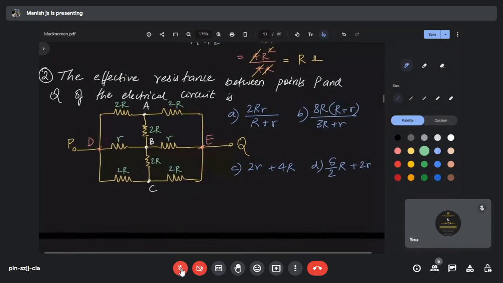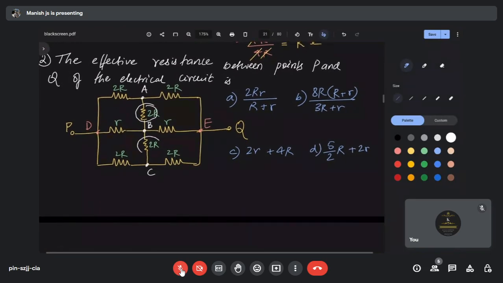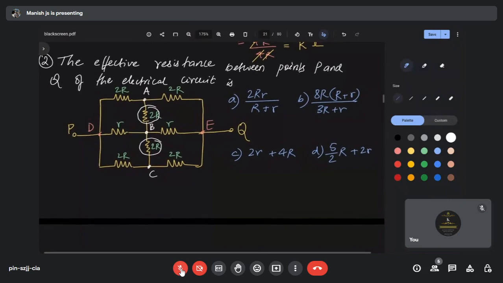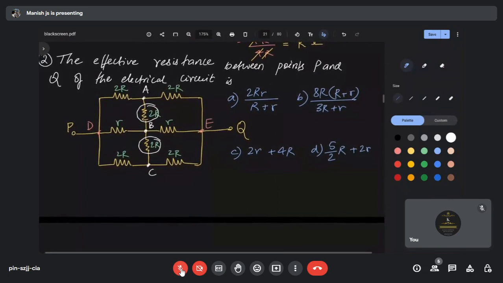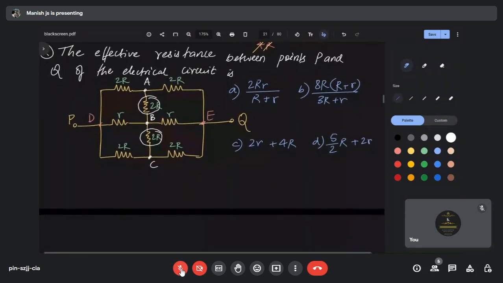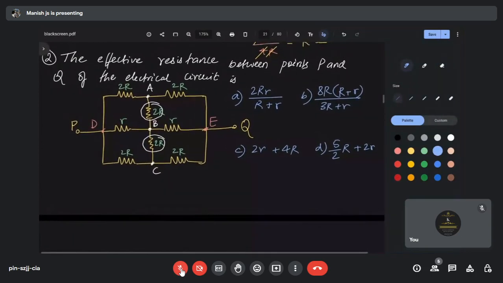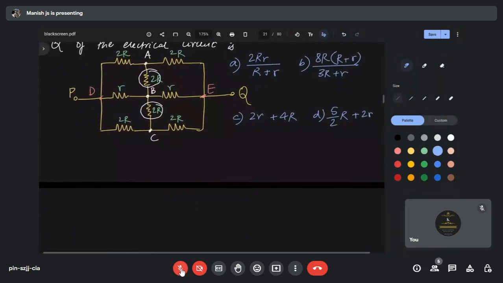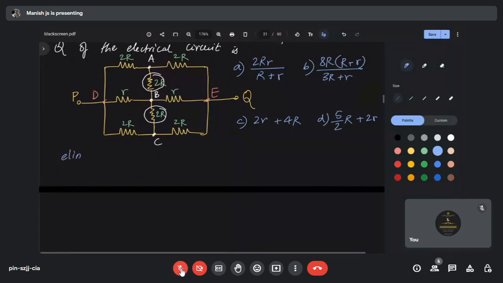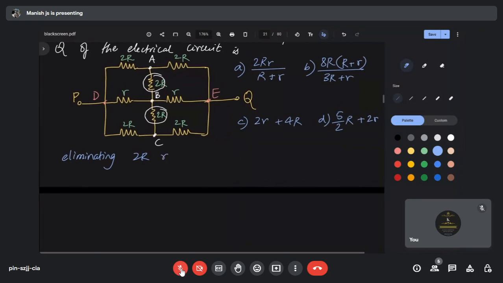So if you see here, on top you have one Wheatstone where this 2R is going to look like your galvanometer resistance. Same way at the bottom also you have one more Wheatstone wherein that 2R ohms resistor looks like the galvanometer resistance. So it's two Wheatstone circuits combined together. So you can eliminate these 2R resistances. If you eliminate them, how does the circuit look? I'm writing it here: eliminating 2R resistors